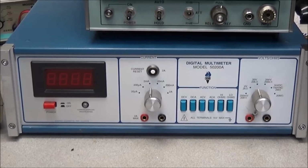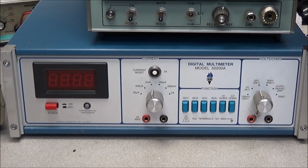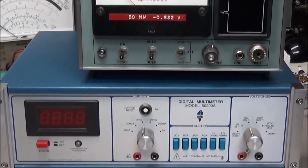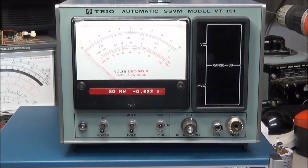They also sent in this digital multimeter, model 50200A, and that's an Energy Concepts. It's a 4-digit multimeter. I've never seen that one before, and this is the first time I've ever seen this type of meter. So we're going to have to play with that and see what we can do with it. This is going to be another great piece of equipment to add to the bench, because I do not have one. And this is the Trio, which you know also made Kenwood, and it's a